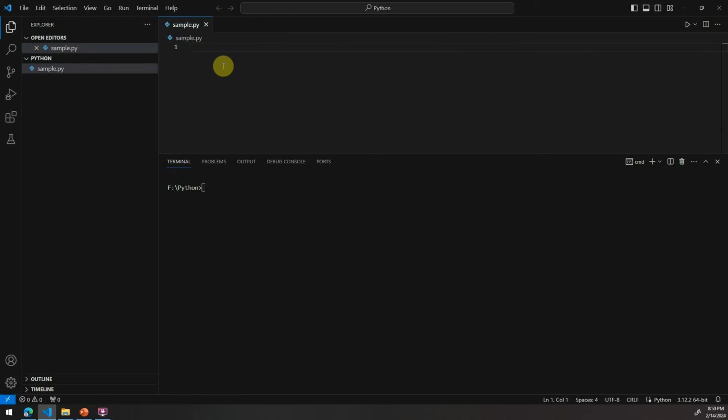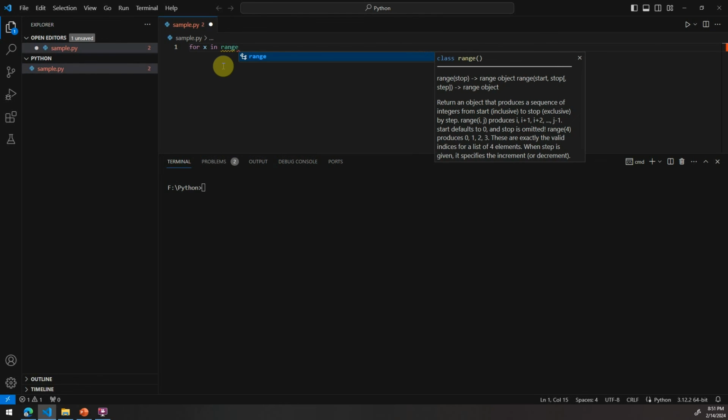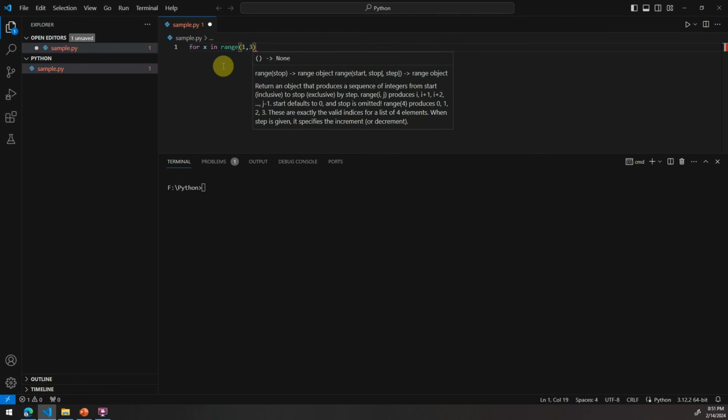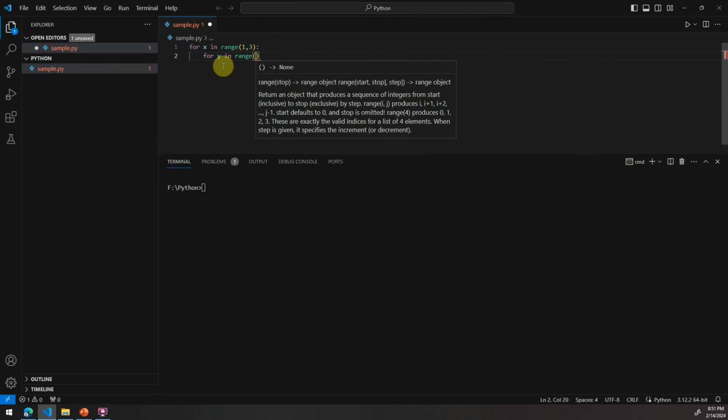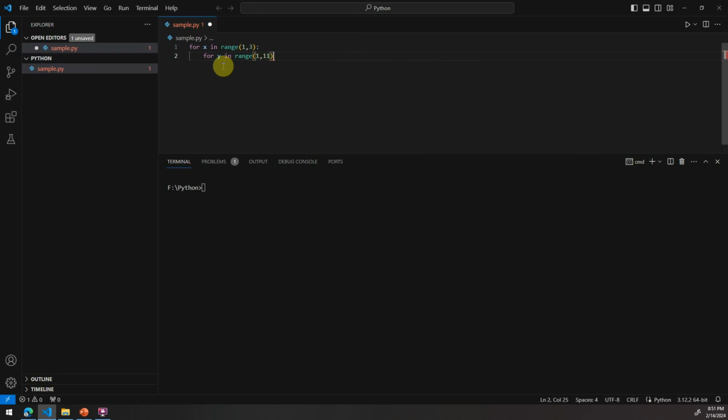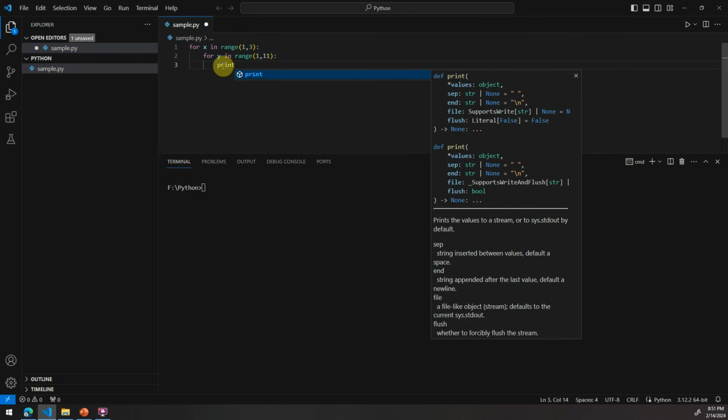And as I said before, we can mix and match these loops, and you can use nested loops inside, like how we have used nested ifs. To demonstrate that, I'll show you an example: for x in range of maybe 1 to 3, just a small range, and inside this I'll start another loop, for y in range of 1 to 11. So that means I want to take from 1 to 10. It will skip the last one. So this is the range, and here I want to print the x value